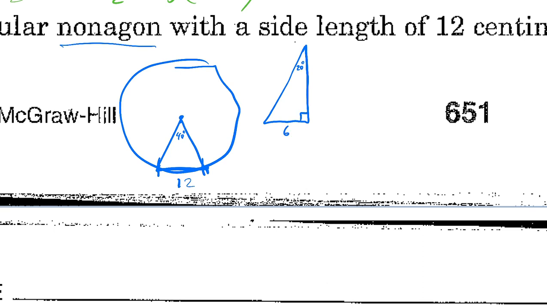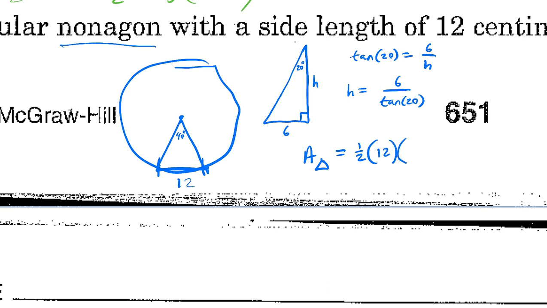And so I know that the height of this would be tangent of 20 equals 6 over the height. So multiplying by h, dividing by tangent, we get the height is 6 divided by the tangent of 20. Okay, that's the height. And so the area of one triangle is equal to 1/2 the whole base, which is